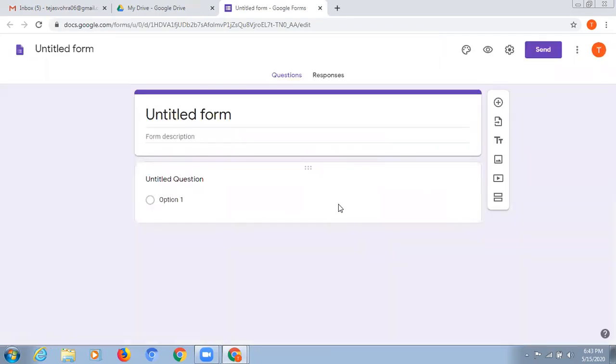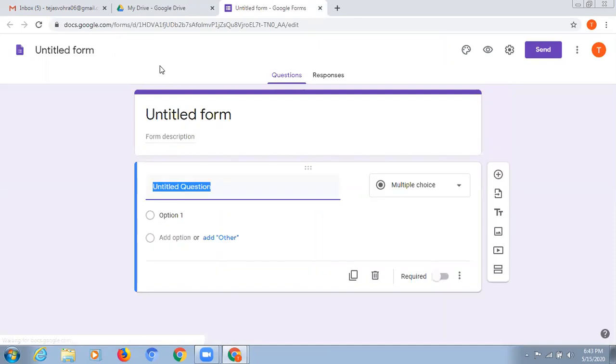So here is this form, and since we want to create a question paper, we will click on this untitled form and let us give a heading to this form, class test 1. And a beautiful part of this form is that we can make Hindi, Sanskrit or English or any language question paper in this. The only thing is that we need to have the font on our system. So even Hindi and Sanskrit question papers could be generated in the Google form. So here we are,